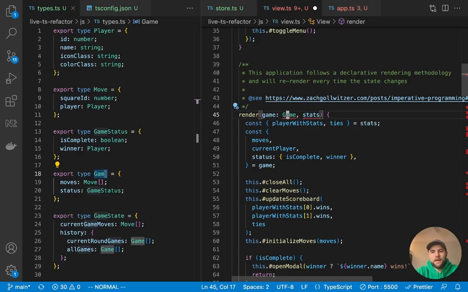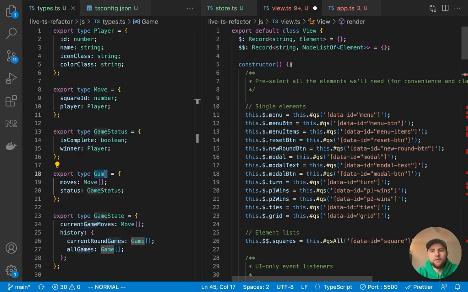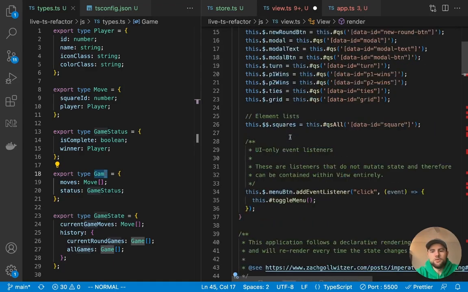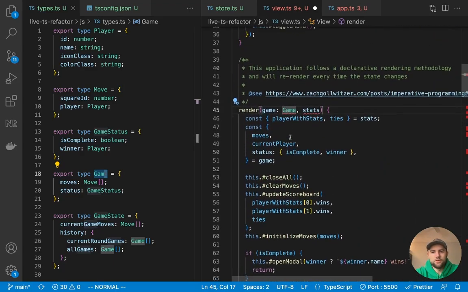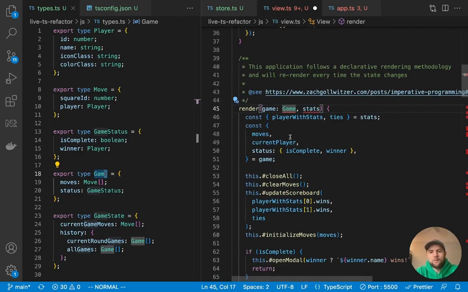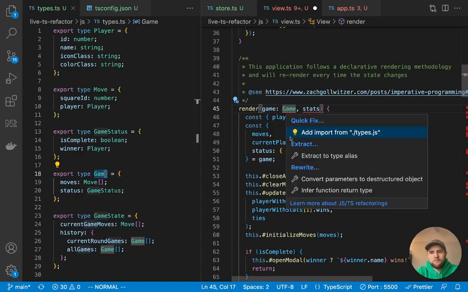And we need to import that, but instead of going to the top of the file and doing it there, I'll show you a little trick. If you hold down Command on a Mac or Control on Windows, so Command and then period, VS Code will give you a suggestion, and usually it can find out where it's looking. Now it's looking for types.js, not types.ts.